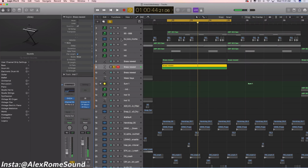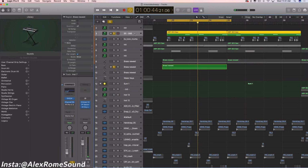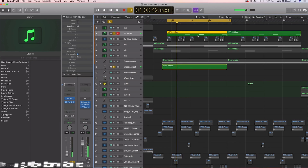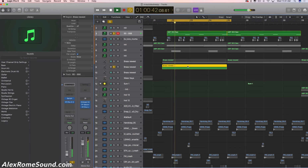So then what you could do is you can layer it with the same bass notes with a sub bass, and anything layered with sub bass sounds really, really big. So the bigger you want your brass stab to be, find the best possible sub bass to layer that with. This is a massive 808 bass line, so naturally this brass stab layered on top of that is going to sound big,